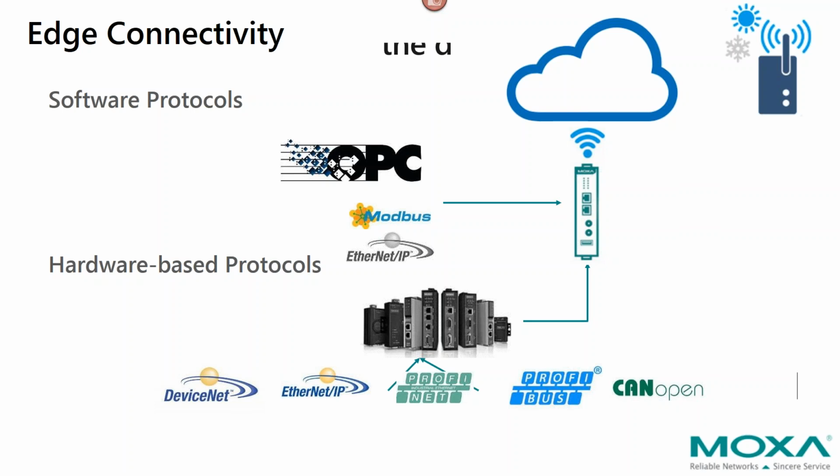There are indeed protocols like Modbus TCP/IP that are based on standard Ethernet, and you can connect those with software. There's also OPC, which can abstract data or tags from hardware protocols. We support both of these options with our products and our industrial IoT Edge Gateways. However, for many industrial customers, they understand the value of hardware-based protocols. These are protocols like DeviceNet or Modbus Serial that uses a different physical connection, serial rather than Ethernet, or protocols that have hardware timed. These are protocols like Ethernet IP and Profinet and they offer a lot of additional I/O timing and even motion control value and capabilities.